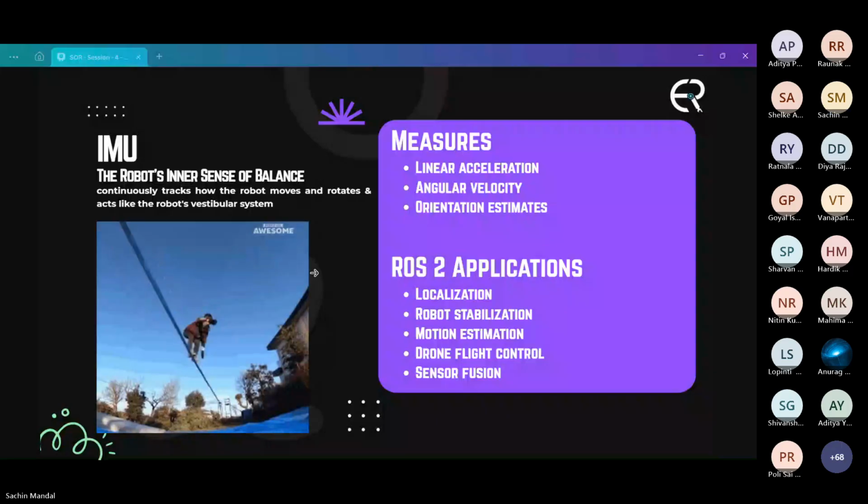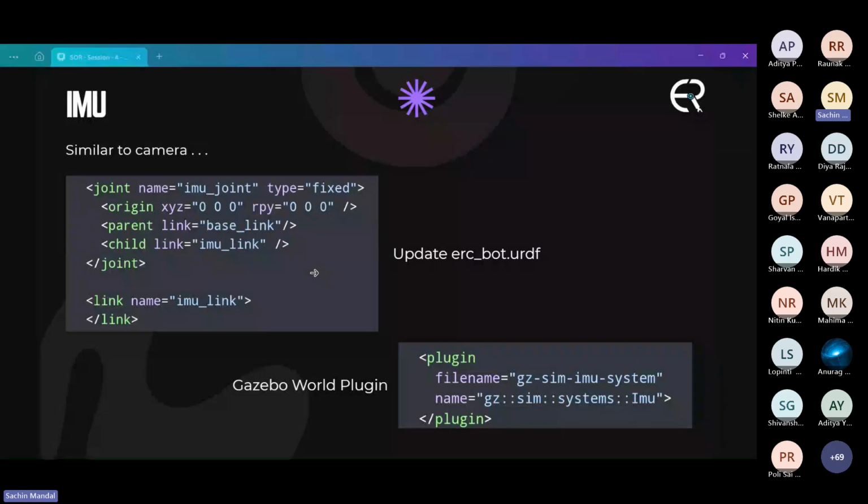To add the IMU sensor, we again need to change those two files, the URDF and the Gazebo plugin file, with a little update to our launch file as well, just as we did for the other sensors. Firstly, add an IMU link to the robot base. We are just adding a joint here without any inertial, collision and visual model to keep it simple. Then we will add the IMU system plugin into the Gazebo world to import physics related to it.